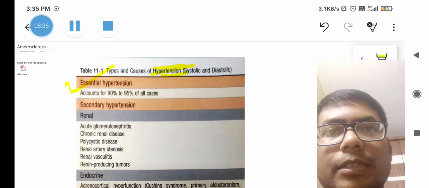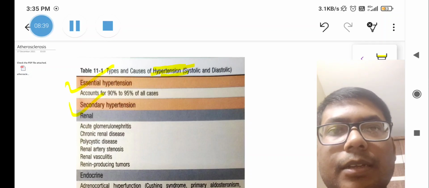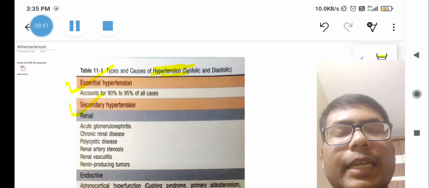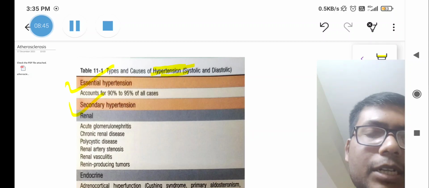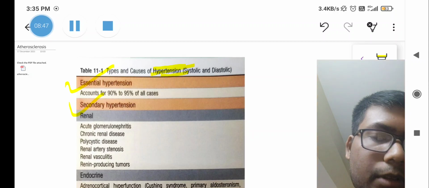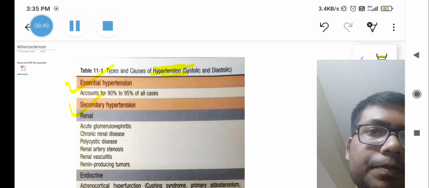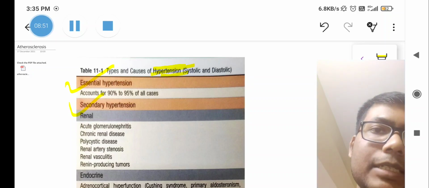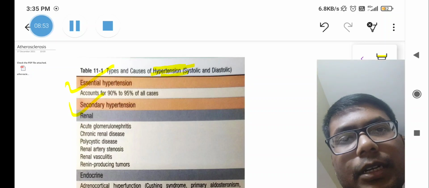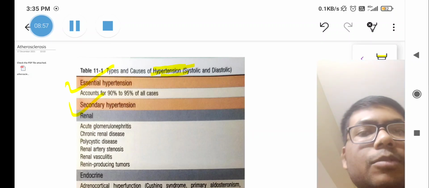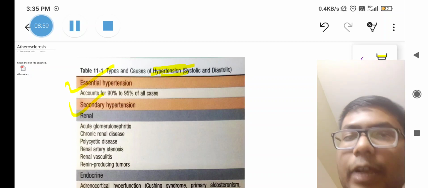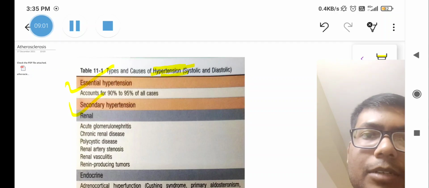One is the essential type of hypertension, another is the secondary hypertension. Secondary hypertension is hypertension having a cause behind it, and that is called secondary hypertension. But essential hypertension does not have any specific cause. Essential hypertension is more common, it accounts for 90 to 95%, but secondary hypertension is